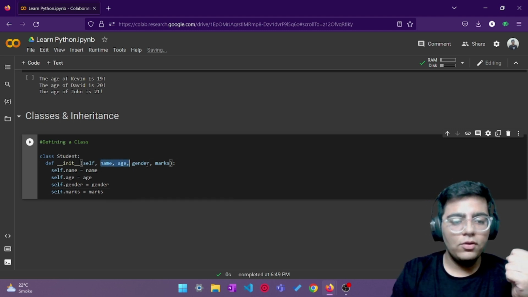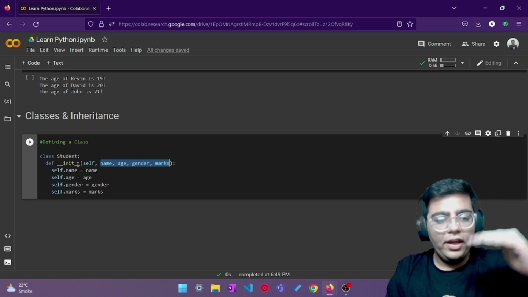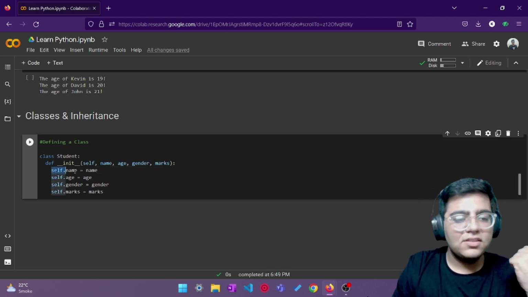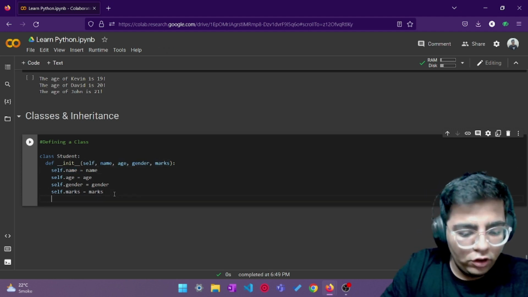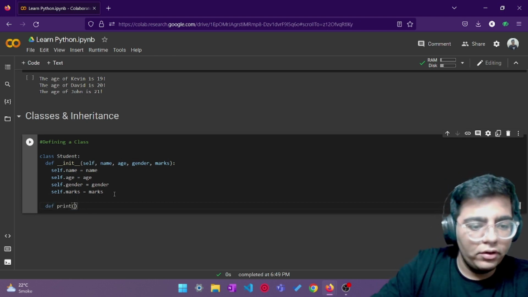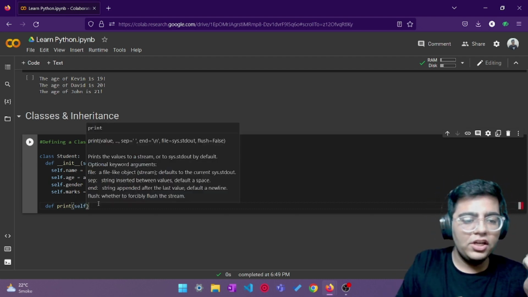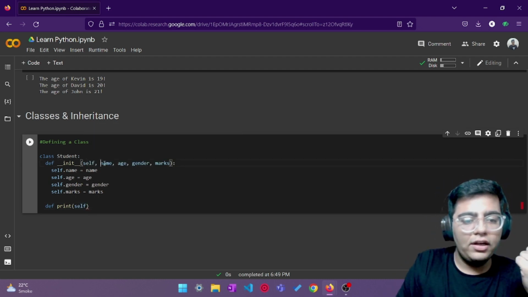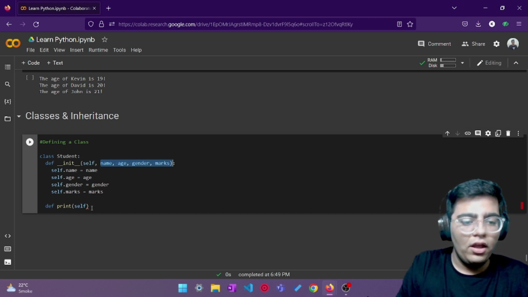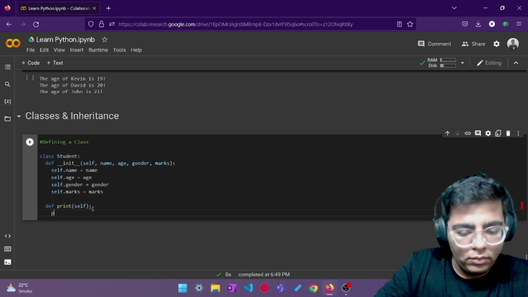Now with this, whenever I create a student, each time I'll give these values as inputs, alright? And now in the entire class, I can access these at any time. So let's say I'm creating a new function, def print, alright? Now over here, if I was not using an init function, I would have to write name, age, gender, marks, everything again. Now I don't need to do that if I've used the init function, where I'll just do print